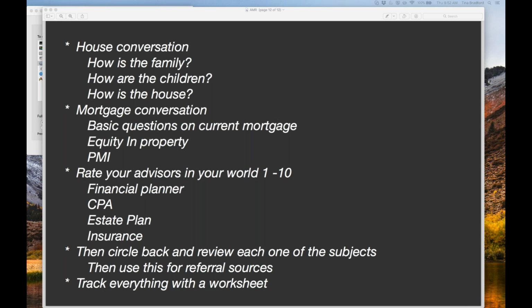Insurance. The first thing you want to ask is, do you have your auto and your house together? If they say no, you're going to talk about the 2 separate ones. But if they do, you're just going to do that 1 to 10. Again, do they love them? Do they hate them? Is this an opportunity for a referral or not? Make sure that you have someone from each of these groups that you can refer to. My suggestion is actually to have 2 or 3 of each of these people.